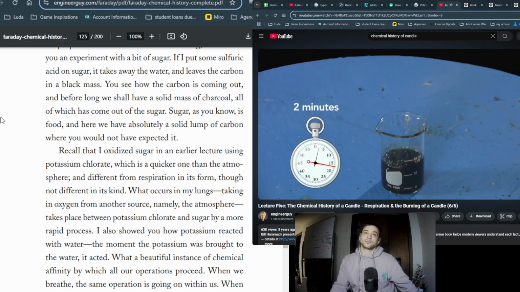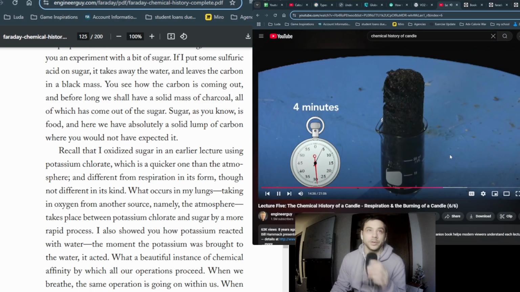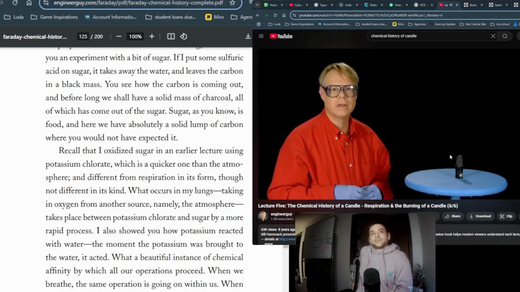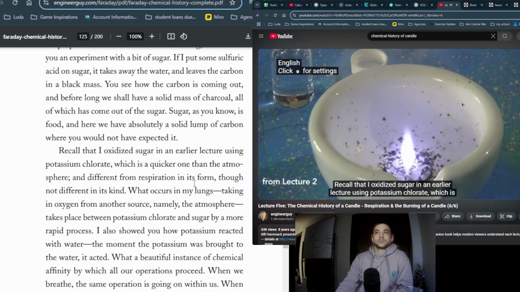You see how the carbon is coming out, and before long we shall have a solid mass of charcoal, all of which has come out of the sugar. Sugar, as you know, is food, and here we have absolutely a solid lump of carbon where you would not have expected it. Recall that I oxidized sugar in an earlier lecture using potassium chloride, which is a quicker one